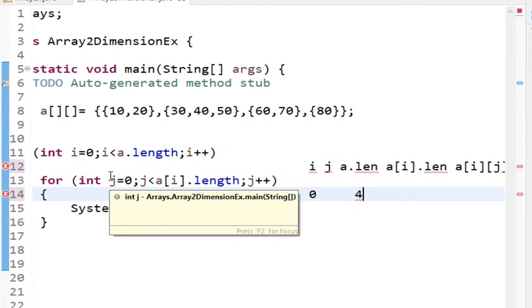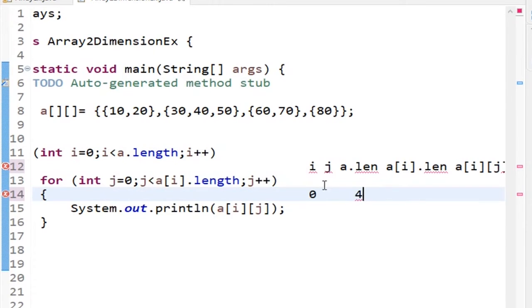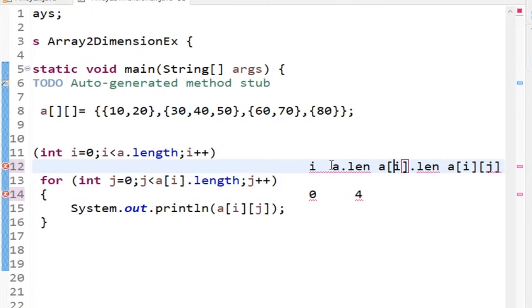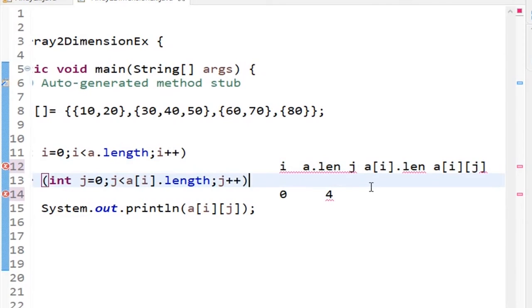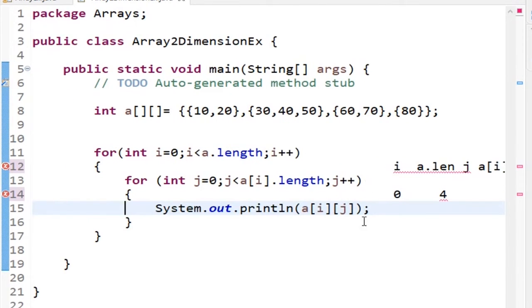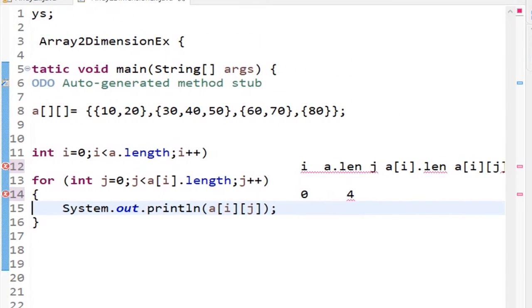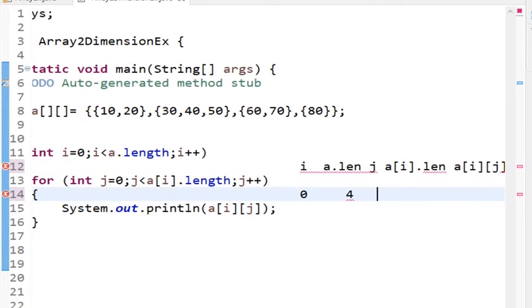So what is the value of j now here? Let me write the j value here. So here j value is 0.